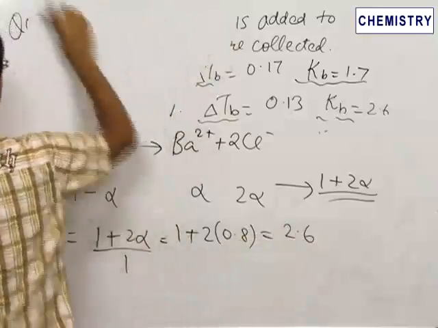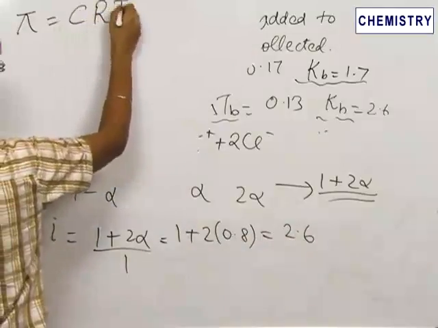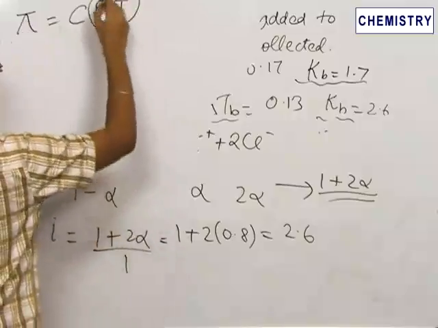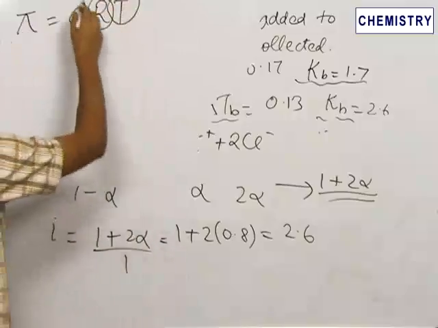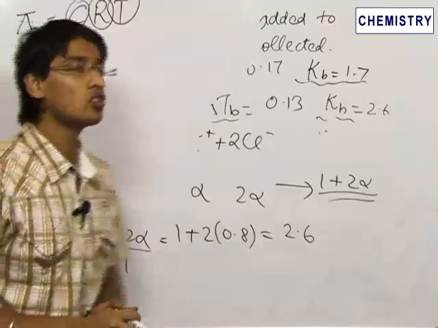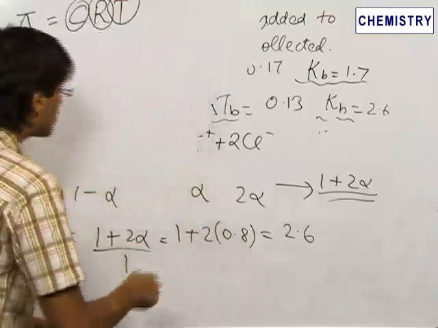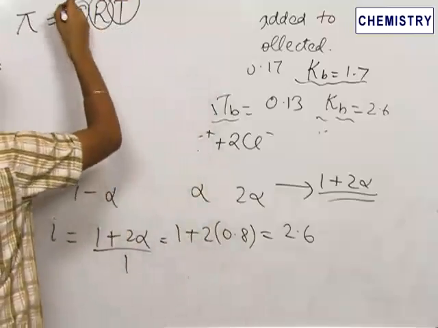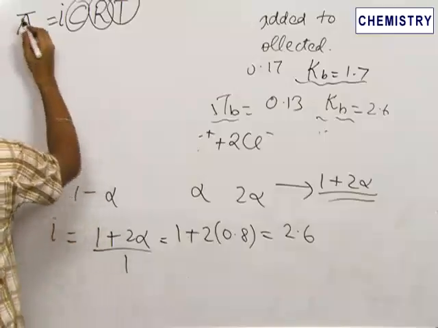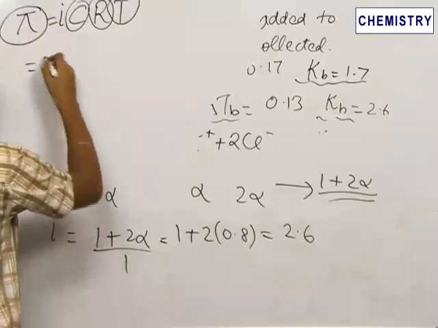Now we know that the osmotic pressure is equal to CRT. This T is the temperature, this R is the universal gas constant, and C is the concentration. But here the solute which we have is an electrolyte. Hence, this concentration will get multiplied by i, which is the Van't Hoff factor, and hence our formula for the osmotic pressure pi is equal to 2.6